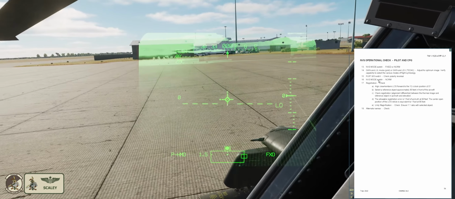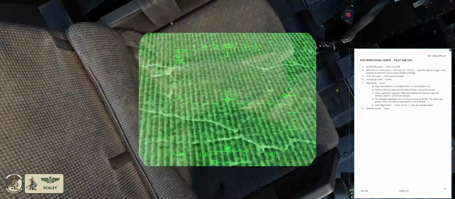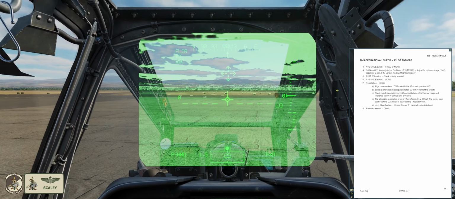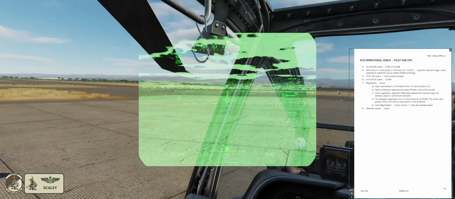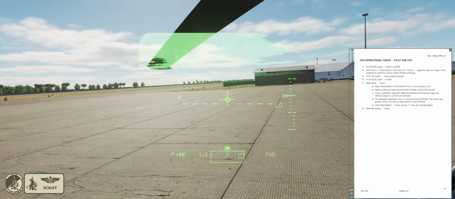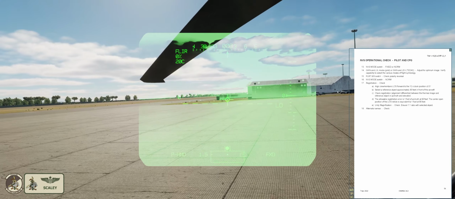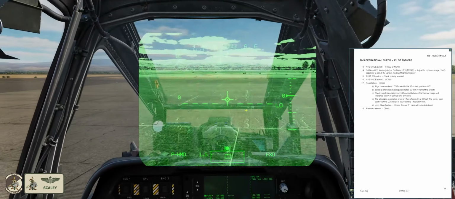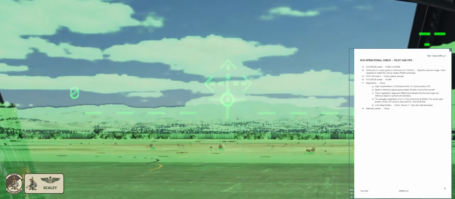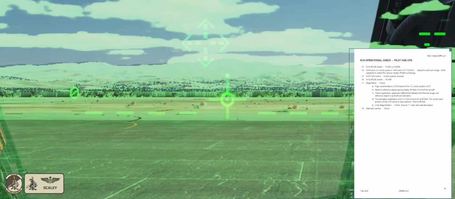We're gonna check the polarity reverses. So check we can on the collective we can do white hot and black hot, which we can. I think pretty much everybody probably flies in this mode, but you know, other options are available. And we're going to check the registration, and for that what we need to do is find something at the front of the aircraft and check that it's in registration, which it looks,